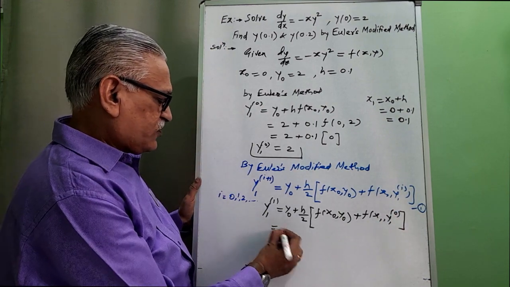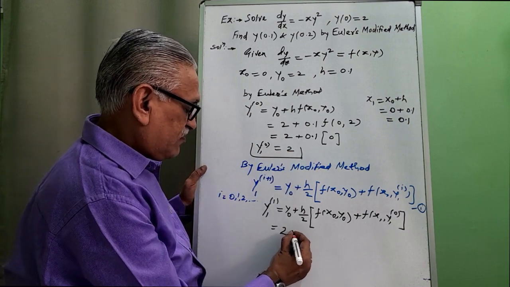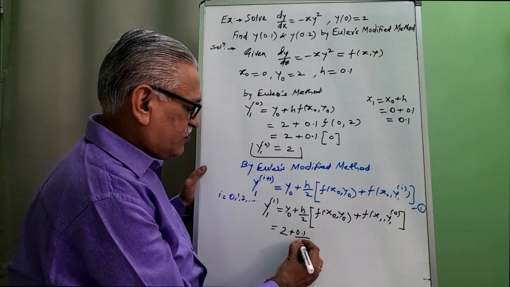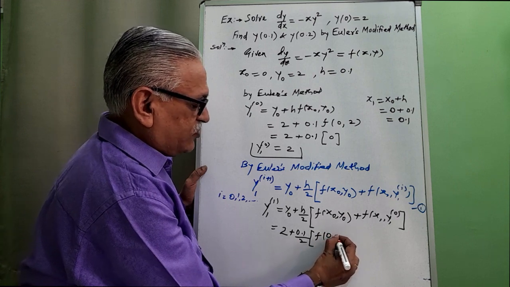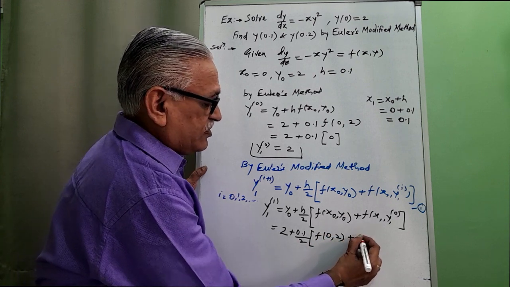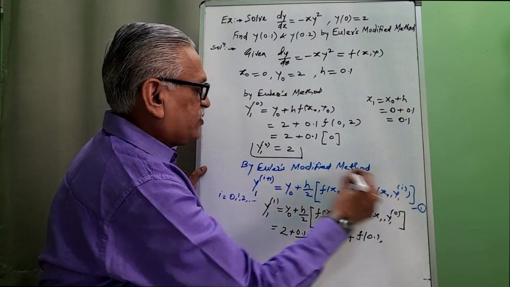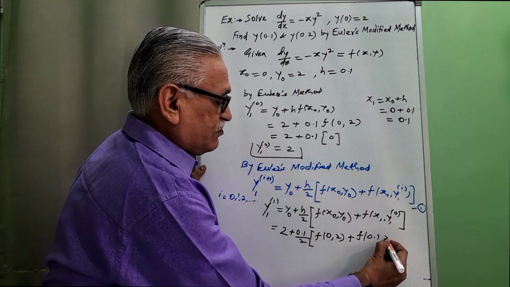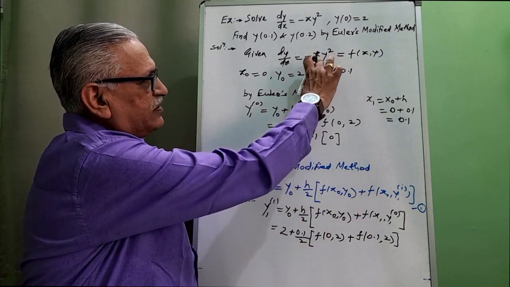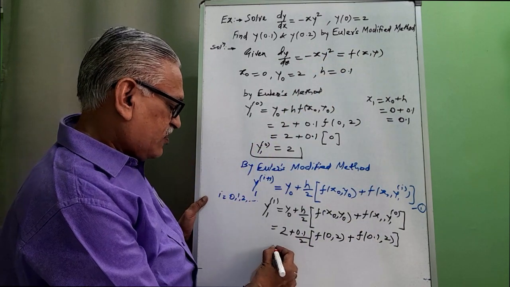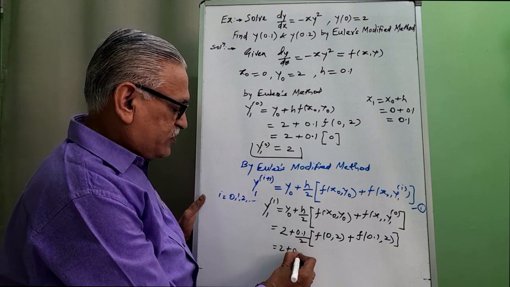So it is y0 is 2, h is 0.1 by 2, f of x0 is 0, y0 is 2, plus f of x1 is 0.1 and y1 superscript 0 is 2, finding f of x y by the given differential equation. Therefore it is 2 plus 0.1 by 2, that is 0.05, multiplied by